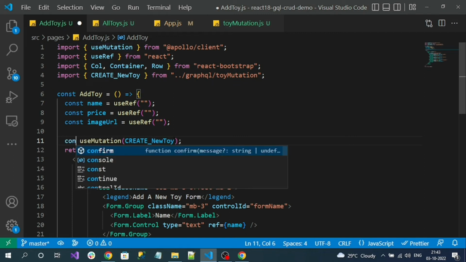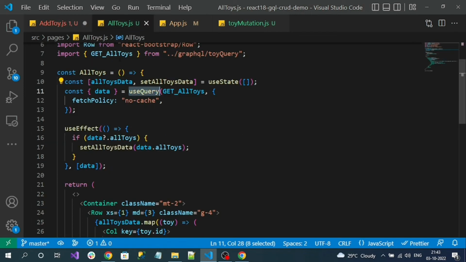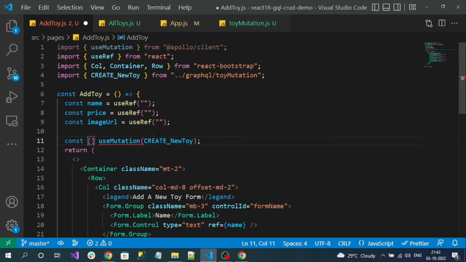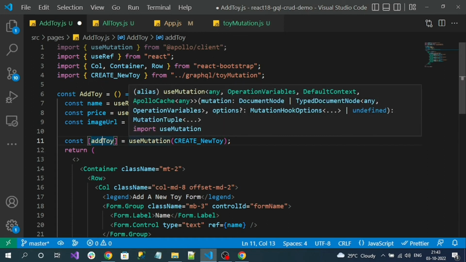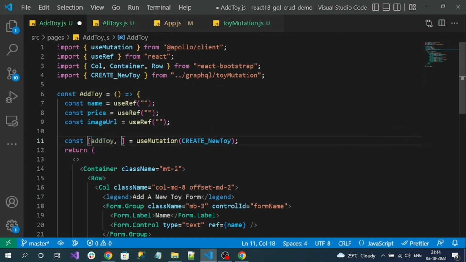So here I can read a variable like constant. Previously in all toys it is a simple object and it will read data, right? But here I have to take an array. In that array I have to define a name like add toy. So it will be a method. Name is custom, but useMutation will pass a method reference to it. And if you want loading data, all those things, open an object inside of it as second parameter, and